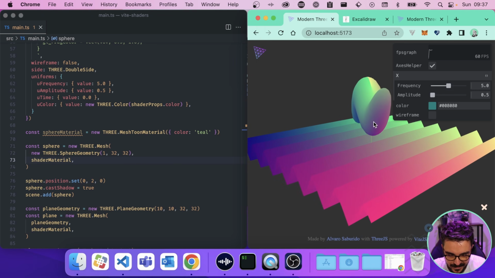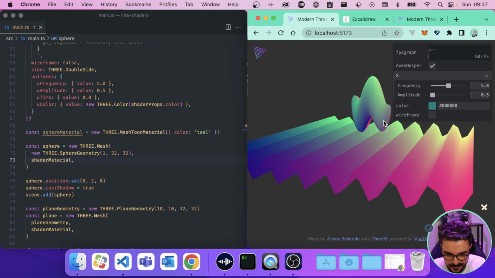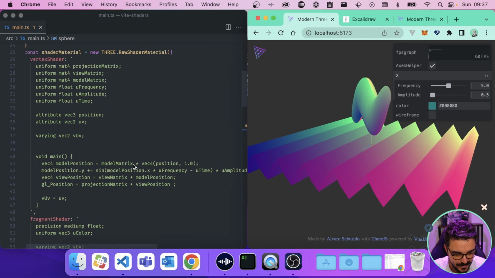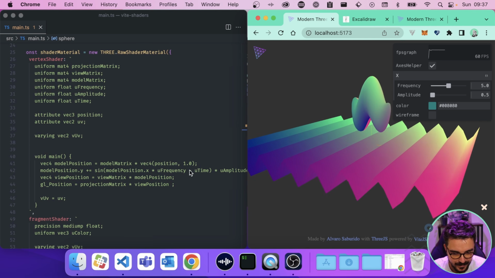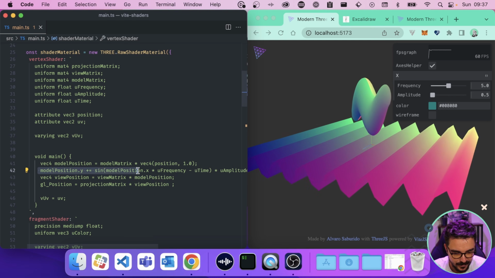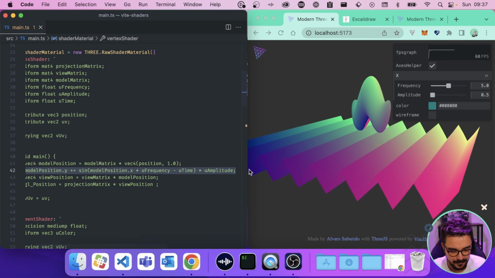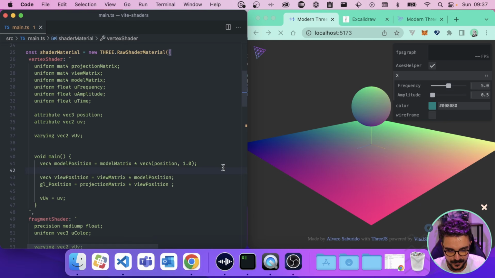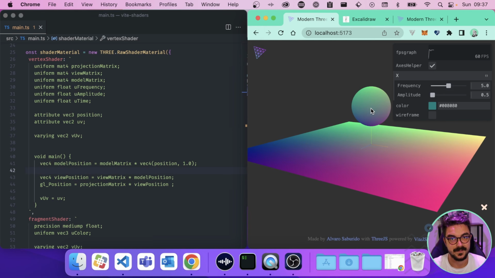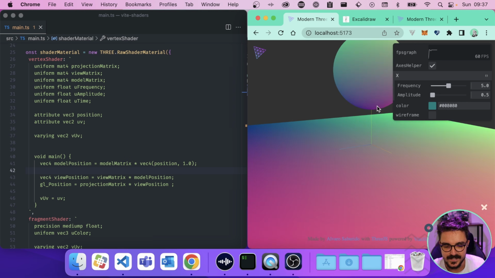And now you can see also something really funny. It's because we're using the same shader, and the shader does have some animations here, right? We are modifying the model position with the amplitude. So if I remove it just real quick, we're gonna see our original geometries without any change.